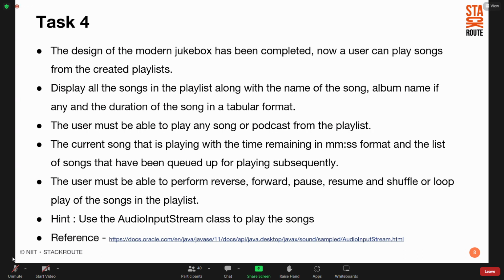Let's assume there may be many options. Enter the name of the song you want to play, enter the song ID you want to play. You give the choice. Let's assume the user chose song 5. Song 5 needs to play in your IntelliJ. That is possible with audio input stream. We have a Java class called AudioInputStream, which is used to play audio in